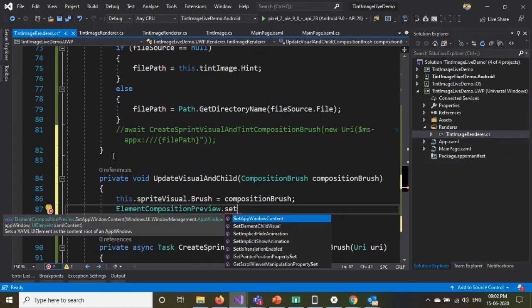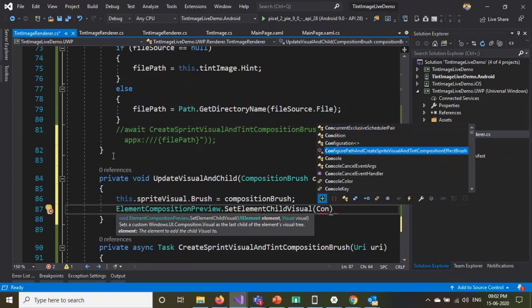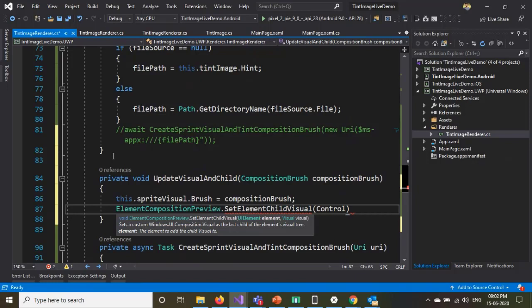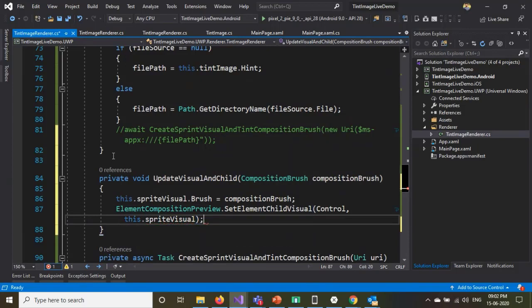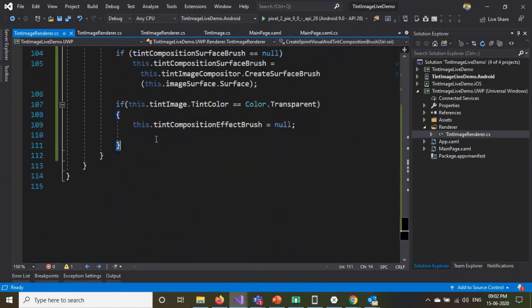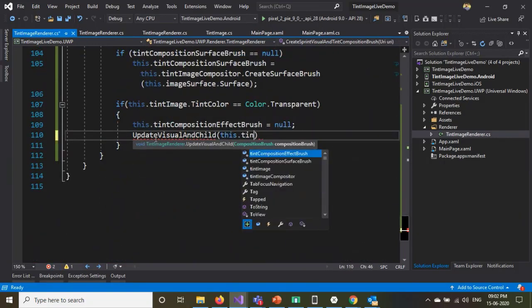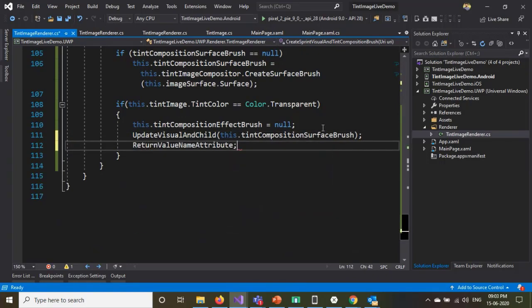So it said the element child visual. So here, in case control is the child, and the visual is the sprite visual we had created. So this would refresh the visual of the image for whatever color we are applying. So we are going to call this method here and ask the tint composition surface brush, which is created here. So with that we are fine with